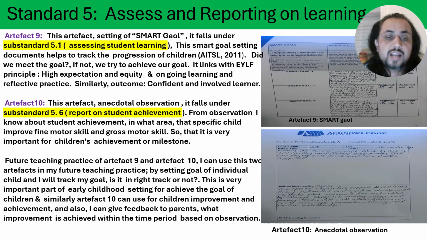For future teaching practice of Artifact 9 and Artifact 10, I can use these two artifacts by setting goals for the individual child, and I will track my goals. Is it on the right track or not? This is a very important part of early childhood, setting goals to achieve for the children. And similarly, Artifact 10 can be used for the children's